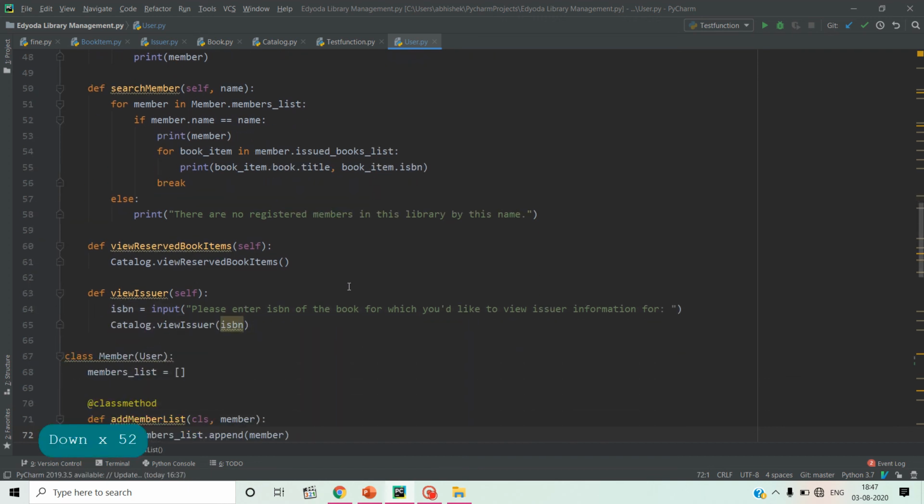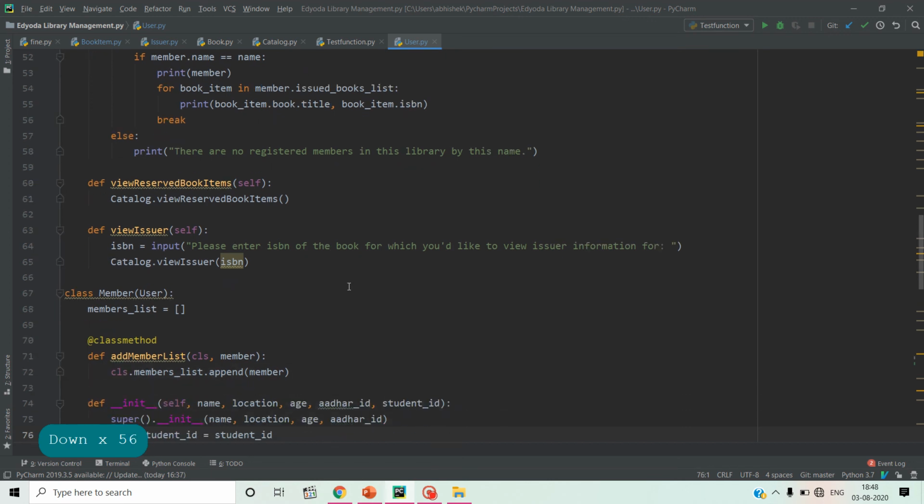Similarly we pass here function div user book item which is defined in the catalog. Similarly we issue, which is through ISBN. We issue ISBN means